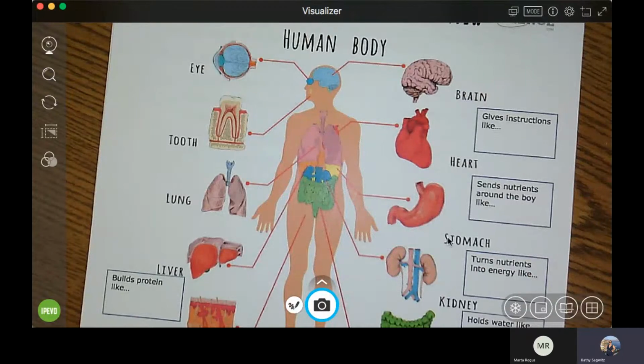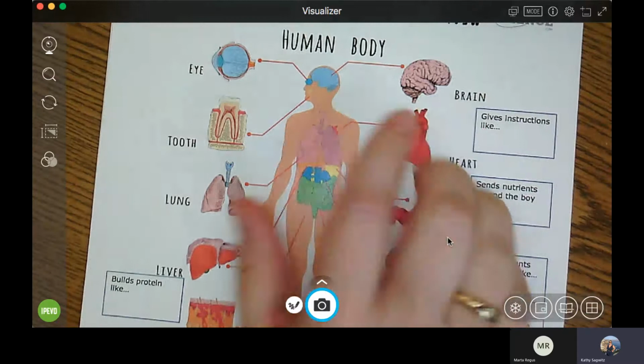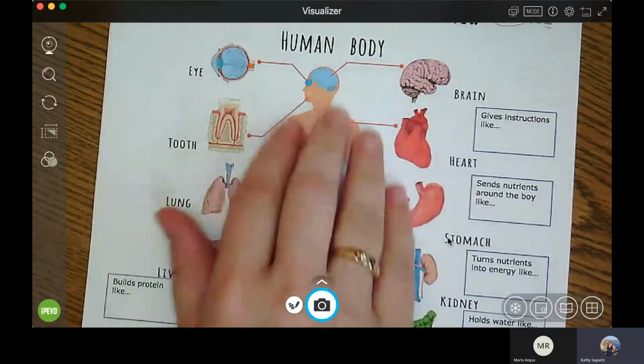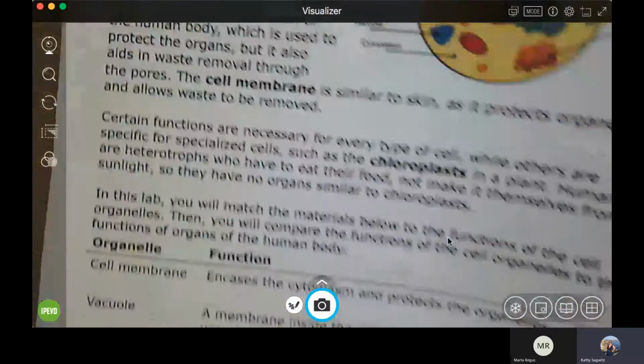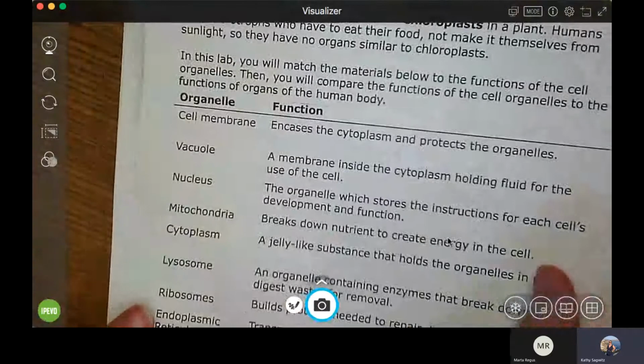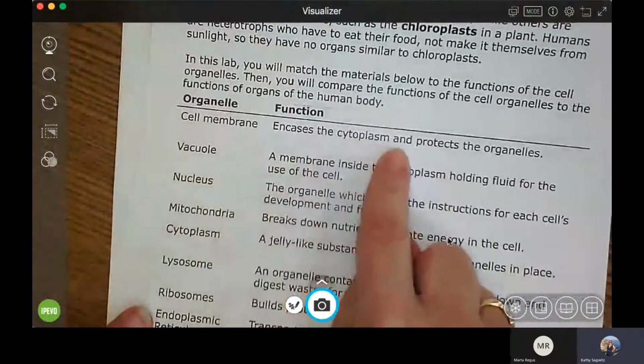So we're using an analogy. Remember from English, an analogy is where you compare one thing to something else. So in this case, we're comparing the human body to the parts of the cell. So if we look at the brain, it's what controls the body, it's what runs everything in the body, and it gives instructions. So if we look back at our list here, we have the cell membrane, which encases the